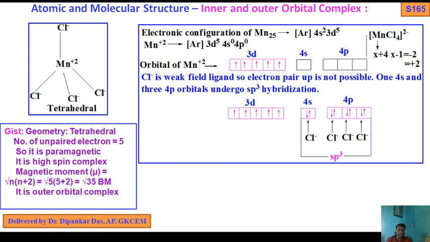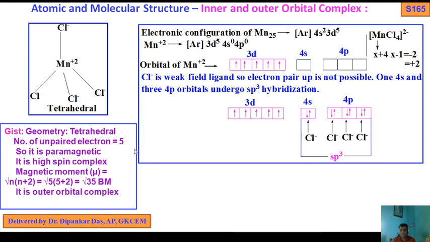If the question is why it is so, or if these 4 complexes are given, which complex shows an inner orbital complex, or which complex shows high magnetic moment, or which complex has tetrahedral, square planar, or octahedral geometry, or shows diamagnetic or paramagnetic, or high spin and low spin complex. The question will come in the form of an MCQ or a long question, or a short note on inner and outer orbital complex. So I have already discussed CuF6 outer, CuF3 outer, and Cu(NH3) plus inner orbital complex. And this MnCl4 2-, an outer orbital complex.